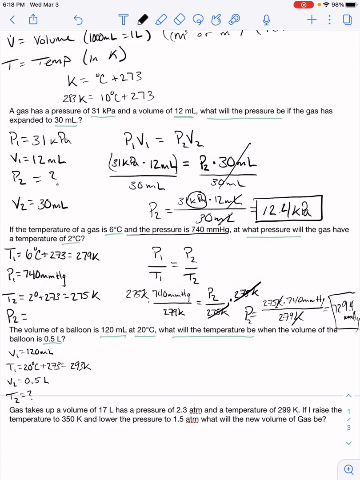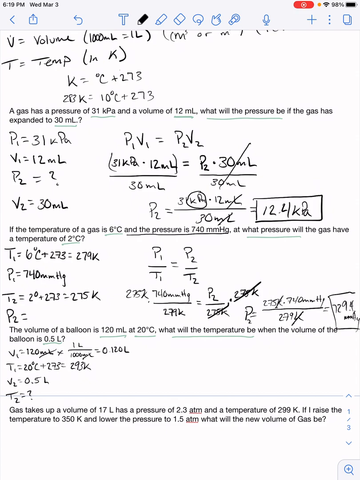Now, earlier I said that we had to make sure that we had like units, and this is just an example where I have volume 2 in liters and volume 1 in milliliters. We don't have to change 1 to liters or 1 to milliliters. We just need to make sure they're both in the same unit. So I'm just going to choose to convert my milliliters to liters. We know 1 liter is 1,000 milliliters, and so 120 divided by 1,000 gives me